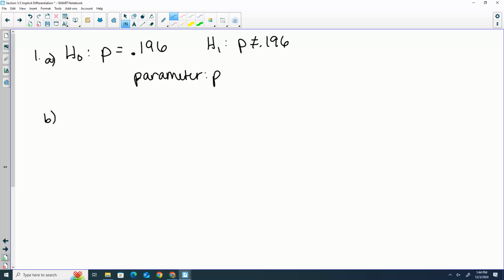Alright, so B, is this left, right, or two-tailed? Two-tailed, because not equal to. It could be less, it could be different. C, suppose the null hypothesis is rejected. What could my conclusion sentence be? So we might say, there is evidence